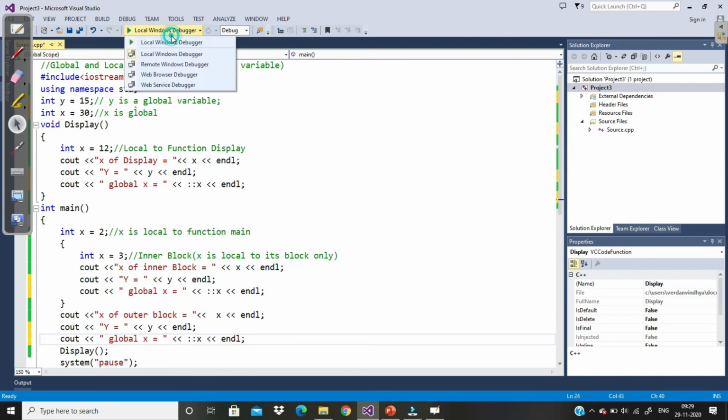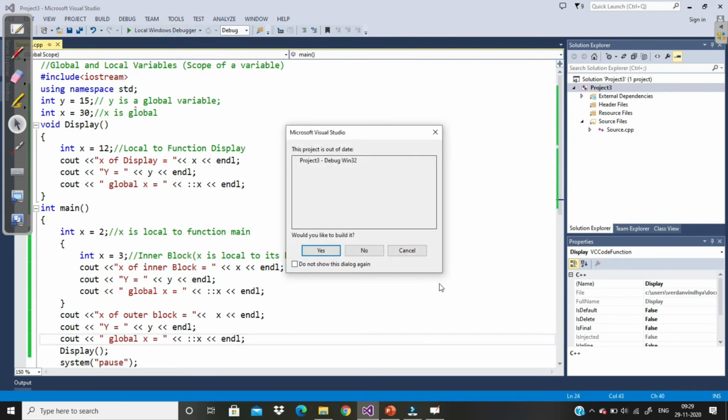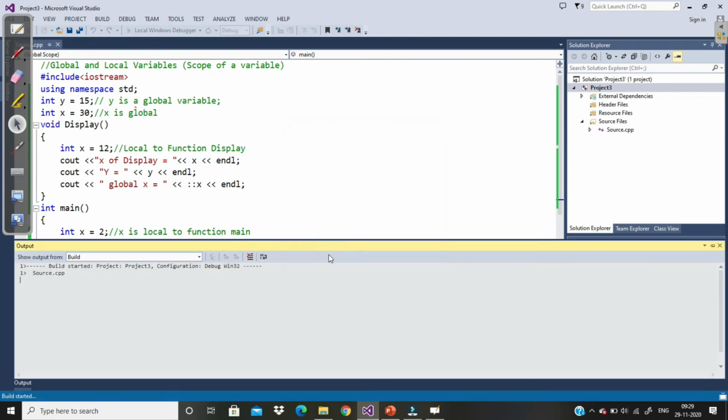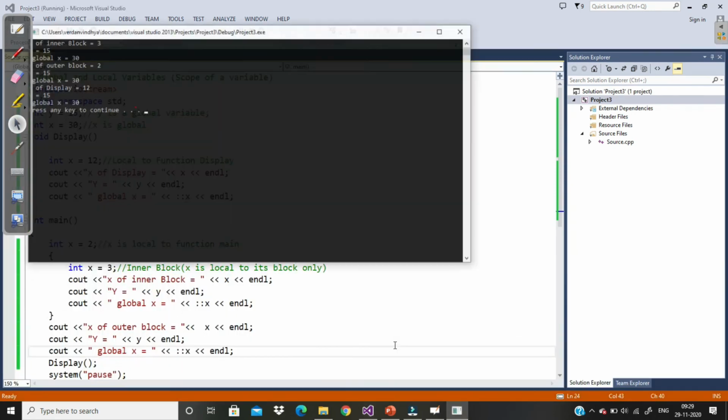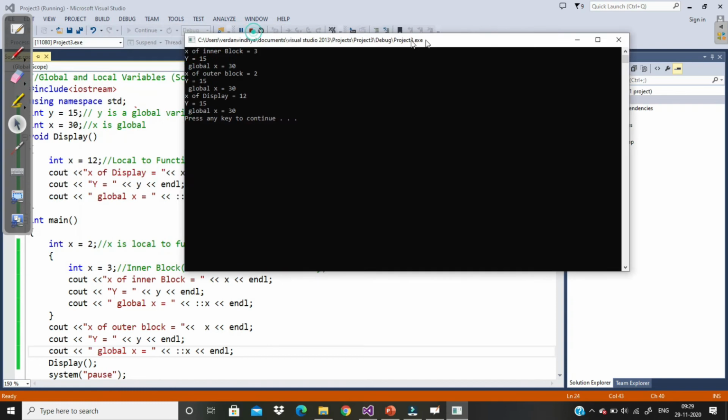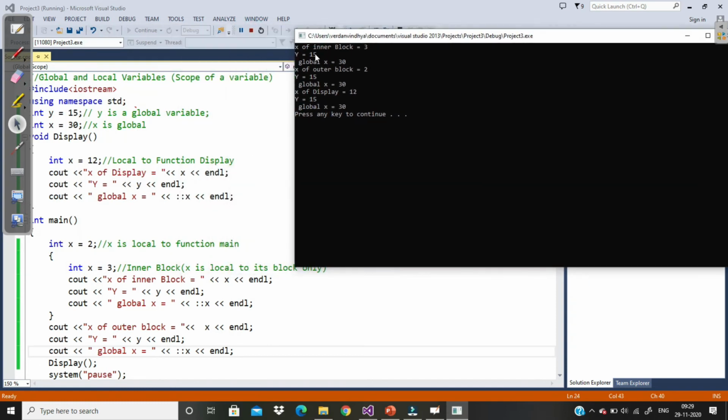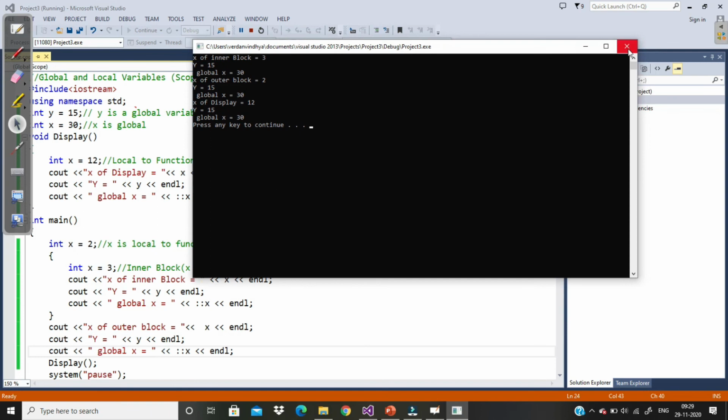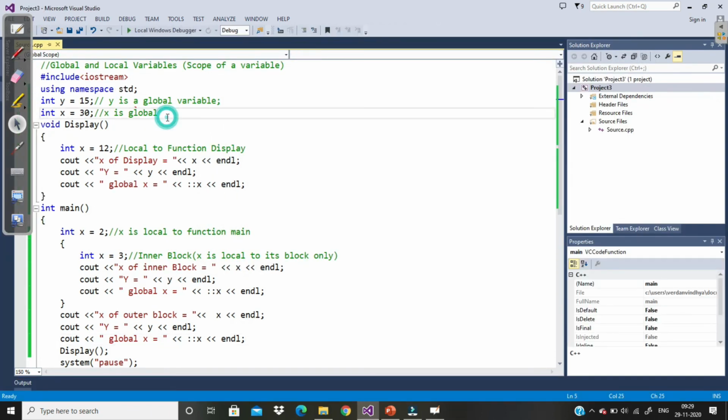See, let's check. 3, 15, global x 30, x of outer block 2, y 15, global x 30. So this is global x and it can be accessed with the help of the scope resolution operator.